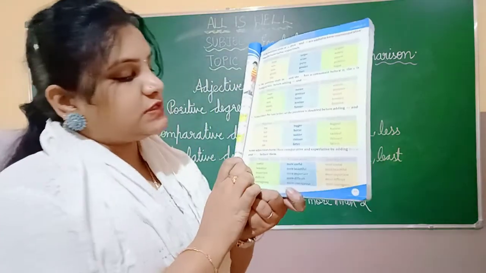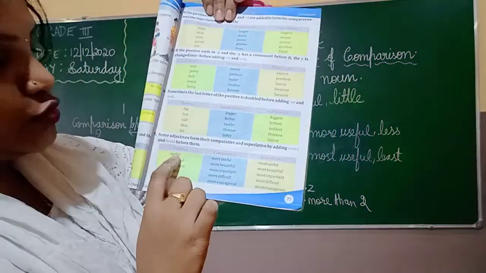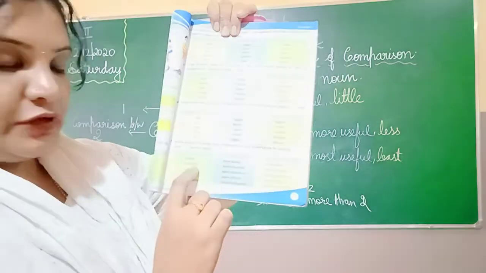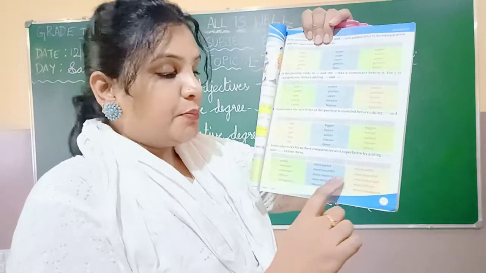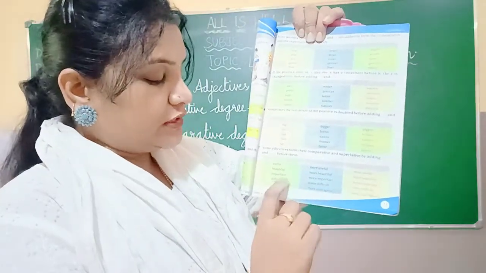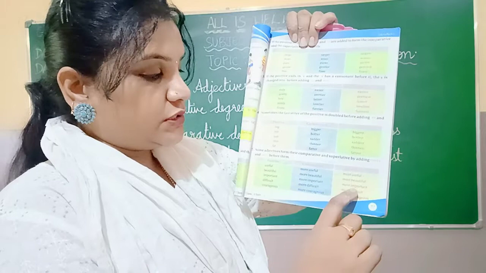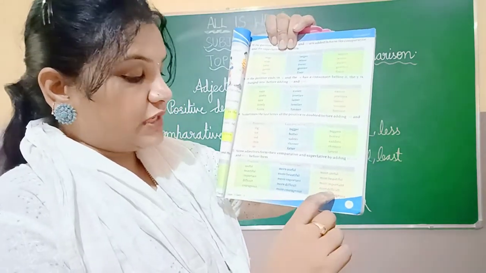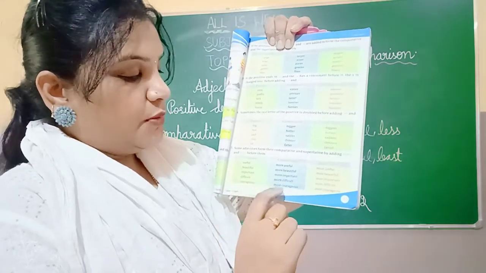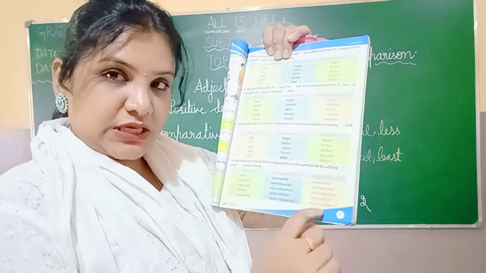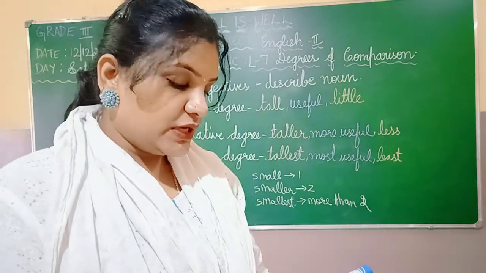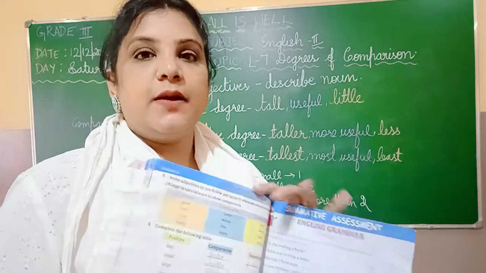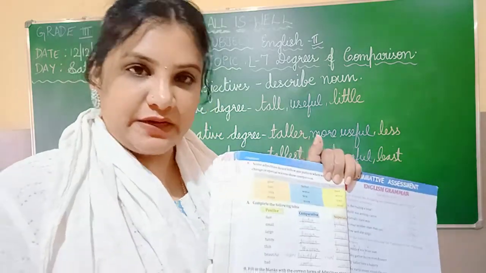And for some, where I told you, we use more and most for comparative and superlative degrees. What words are those? Here we will see. For useful, more useful, most useful. Beautiful, more beautiful, most beautiful. Important, more important, most important. Difficult, more difficult, most difficult. Courageous, more courageous, most courageous. Okay? For these words, we don't change the words. We don't add anything to them apart from more and most.